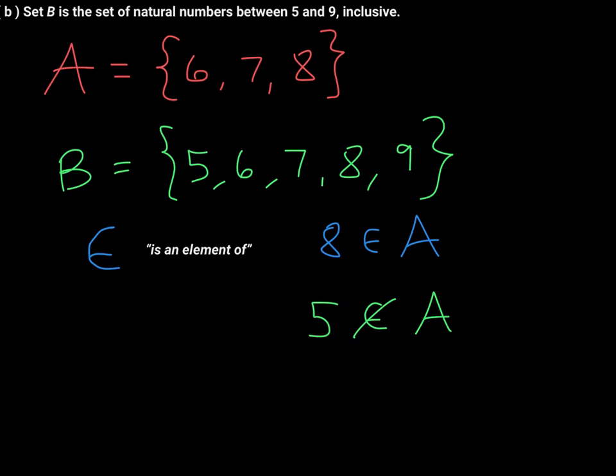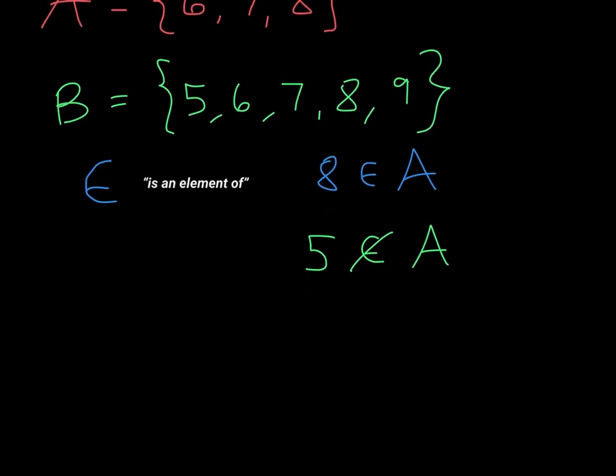Okay, folks, we've talked about description, we've talked about roster form, and now let's talk about set builder notation. Let me just show you an example of set builder notation right away, and then I'll translate it for us. So this would be set builder notation. It would be set E is, and it doesn't have to be named E. You can name your set whatever you want. I just chose that letter at random. But set E is